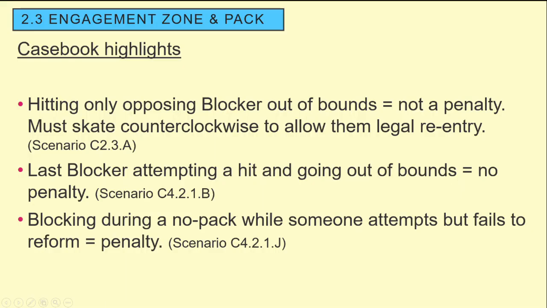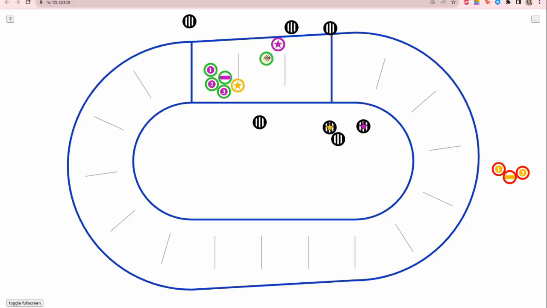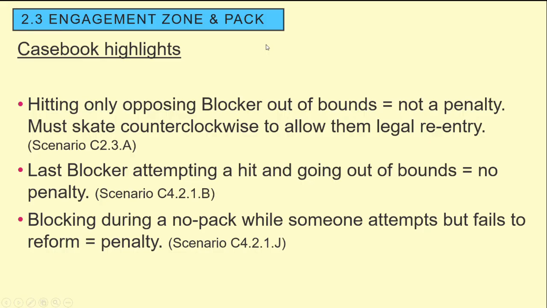The next one is very similar. If a team only has one blocker left and that blocker attempts a hit and goes out themselves, similarly, that's not a penalty. Yellow 2 tries to get a hit but goes out of bounds. There's no pack, but it won't be called on a penalty. But again, they must re-enter to reform. And the third scenario I want to go over is